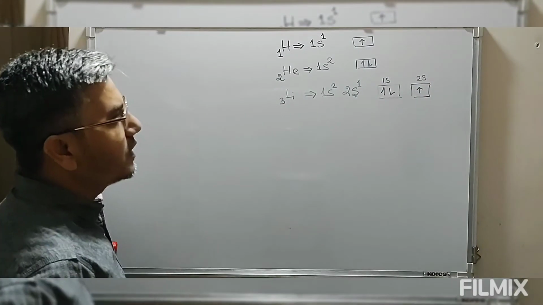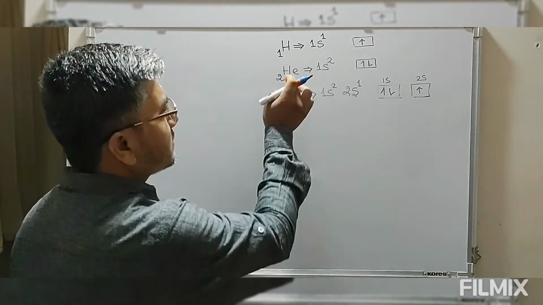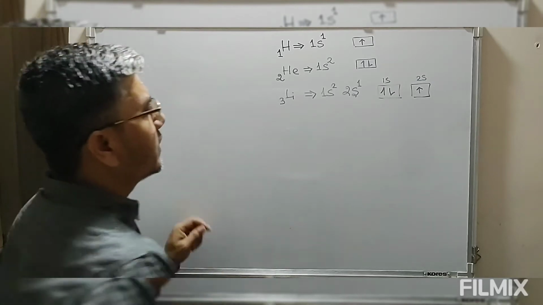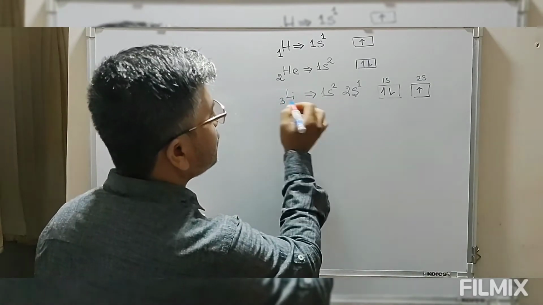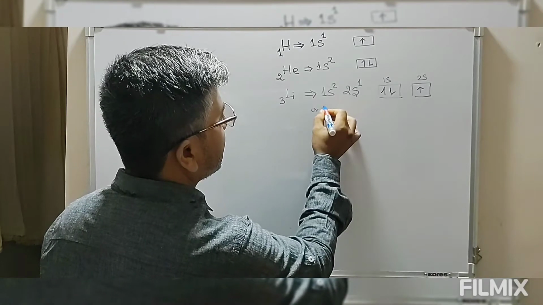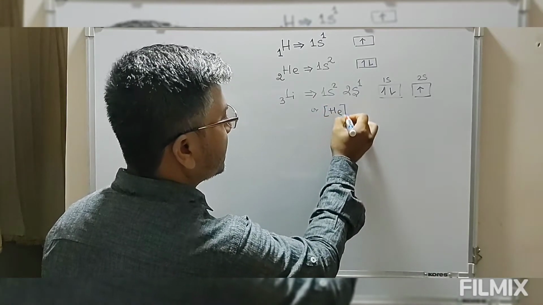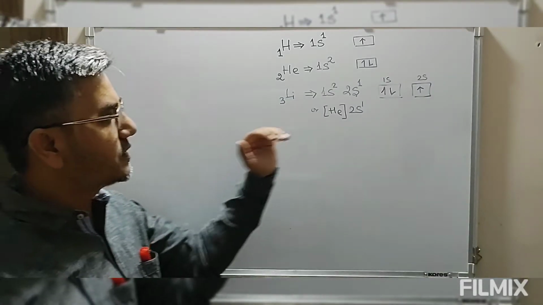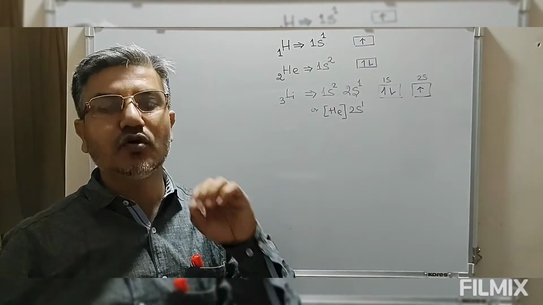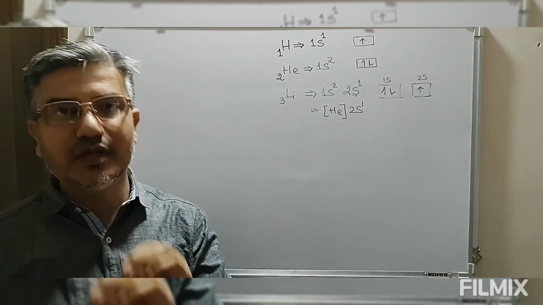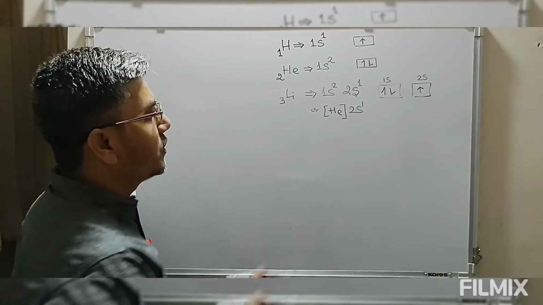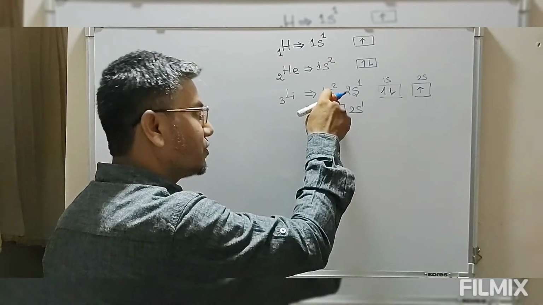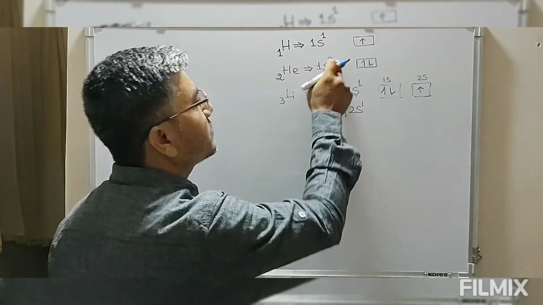Now helium is a noble gas, a very unreactive gas, so lithium can also be expressed in this way: the configuration of helium followed by 2s1. These types of configuration can only be used once we know the configuration of a noble gas. Only a noble gas can be used for this. So if I simply write helium, this means that we know the configuration of helium, which is a noble gas. This is nothing but 1s2.